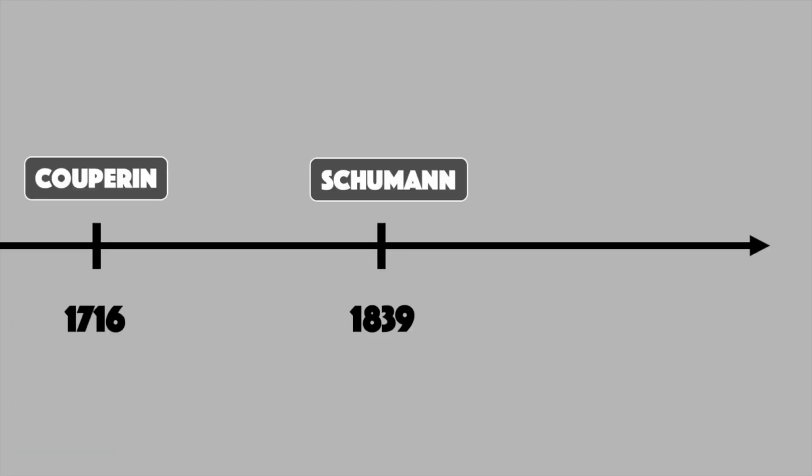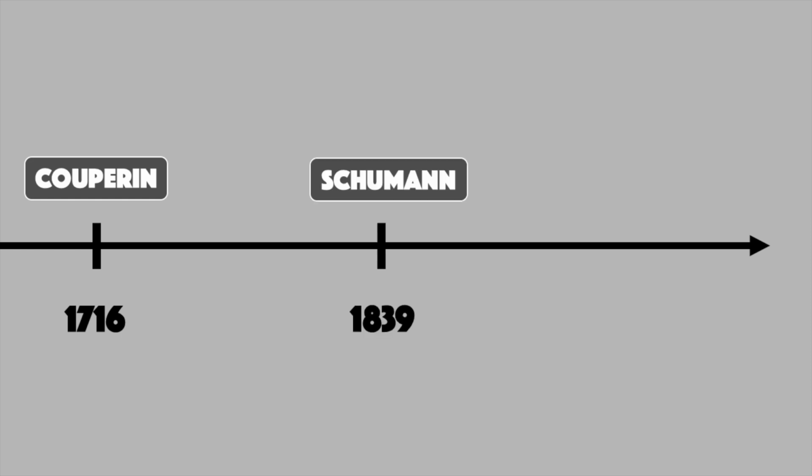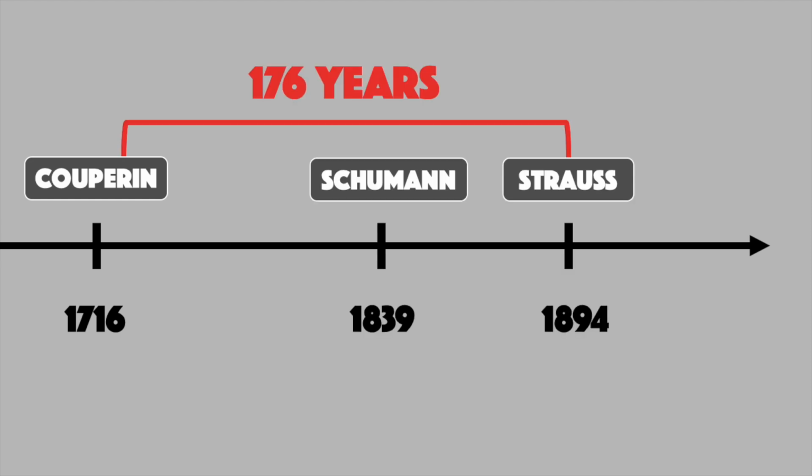I think it's fascinating how two pieces composed over 100 years apart from each other and that represent completely different eras of musical styles can have so much specific detail in common. Obviously, both composers wanted to give the final cadence a special spice, and both went for the sonority exploiting the augmented fifth. So just from Couperin to Strauss,